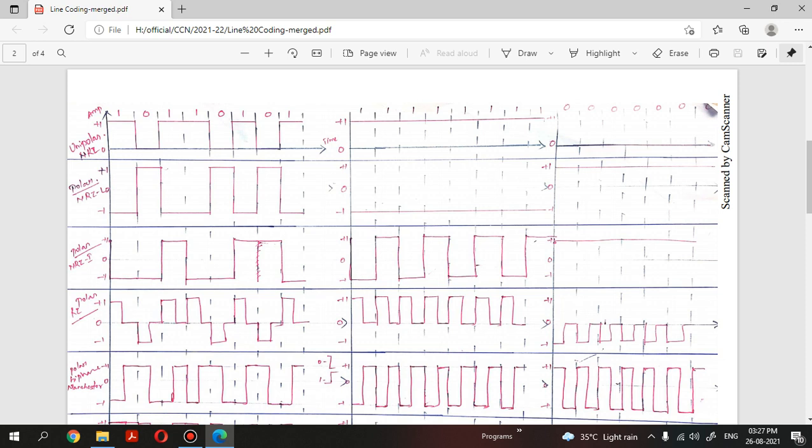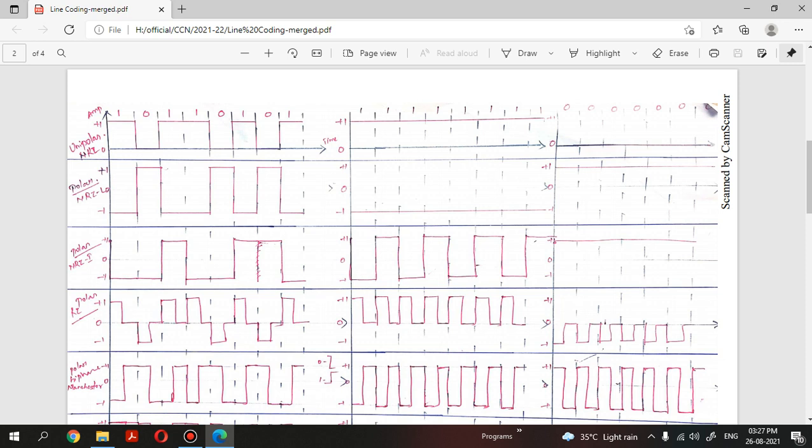In the line coding mechanism, there are 3 major components that play an important role. One is baseline wandering, another is the DC component problem, and the third is self synchronization. Baseline wandering and the DC component problem are caused by the electronic device we use for decoding at the receiver side. If you maintain a consistent voltage for a longer period of time, both problems are caused for the same reason.